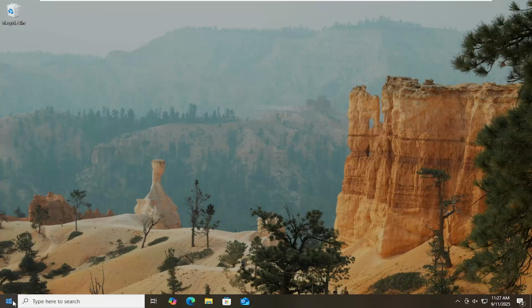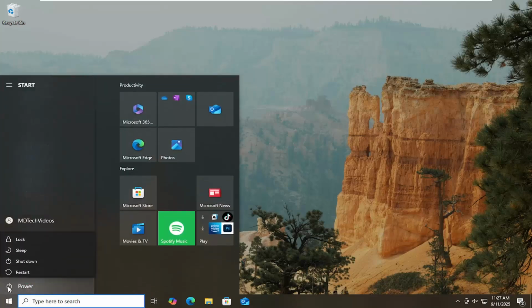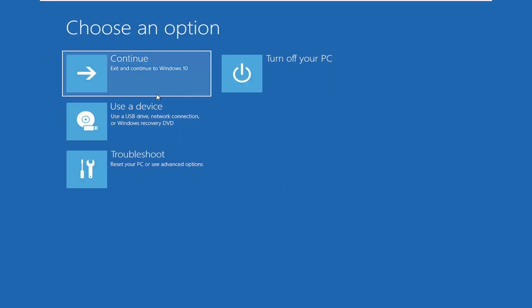So all you have to do is open up the search menu, select the power icon, and then tap or hold the shift key on your keyboard and select restart. Again, while holding down the shift key on your keyboard. And then once you're onto the screen here that you see, you can release pressure on the shift key